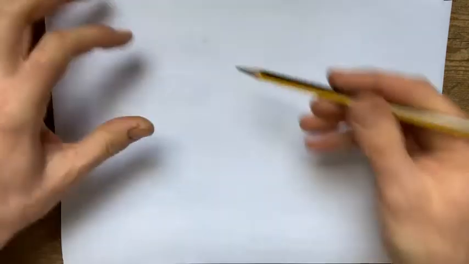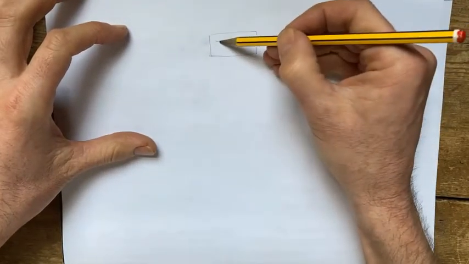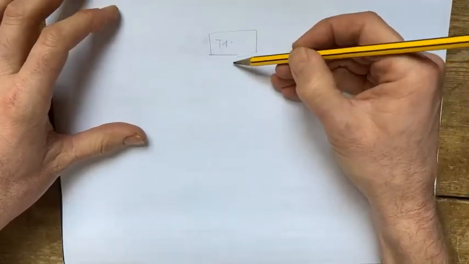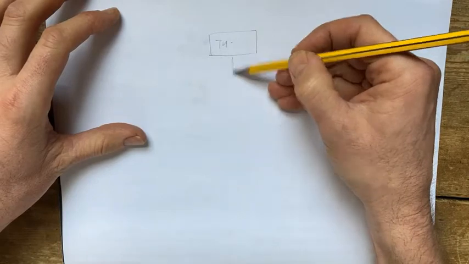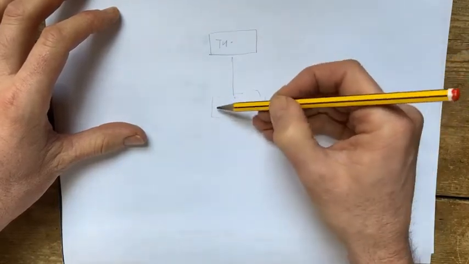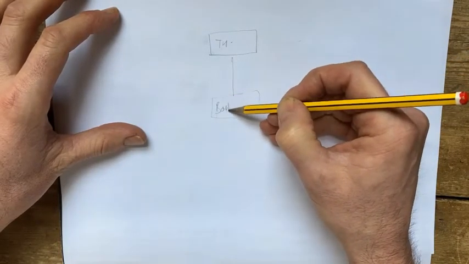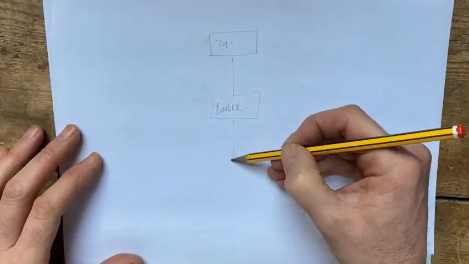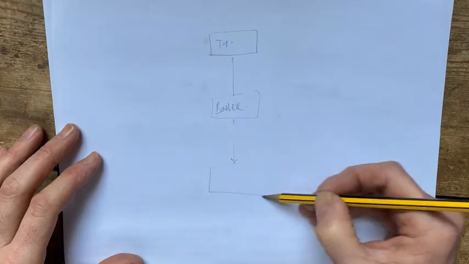first of all, what you have is an input, and that's your thermostat. Your thermostat takes a reading of the heat. If it is below a particular level, it then tells the boiler to turn on, doesn't it? You've got the boiler, turns on, that heats the water, and then you get the hot water going around your